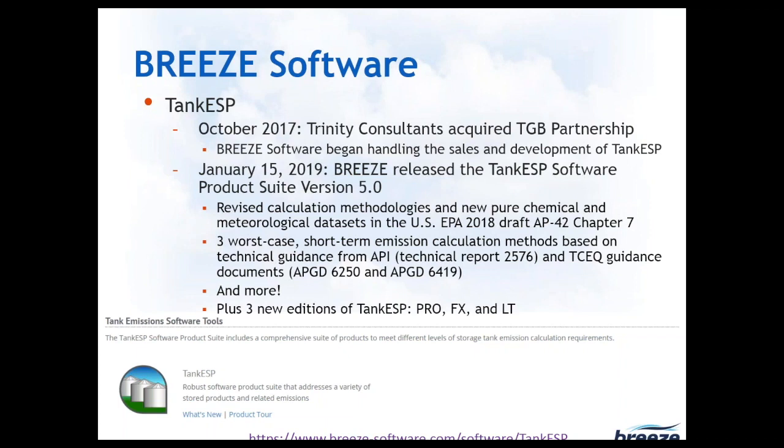This new version includes revised calculation methodologies, new pure chemical and meteorological data sets, as well as 3 worst-case short-term emission calculation methods based on technical guidance from API and TCEQ. If you're familiar with TankESP, it was previously available for purchase in a spreadsheet format as well as a database format. And with this new product suite that we're offering now, it's available in 3 new editions: TankESP Pro, FX,